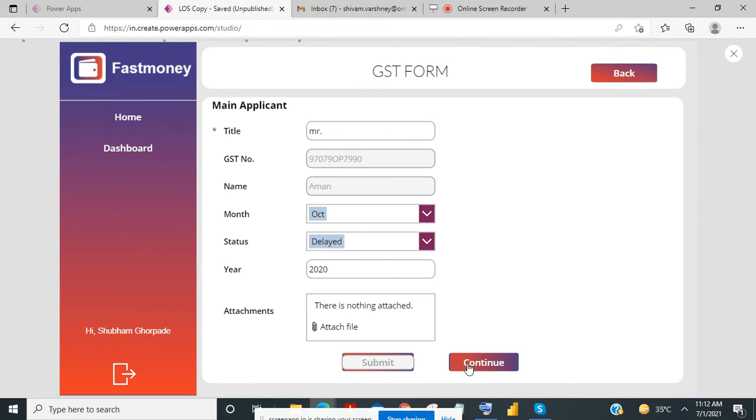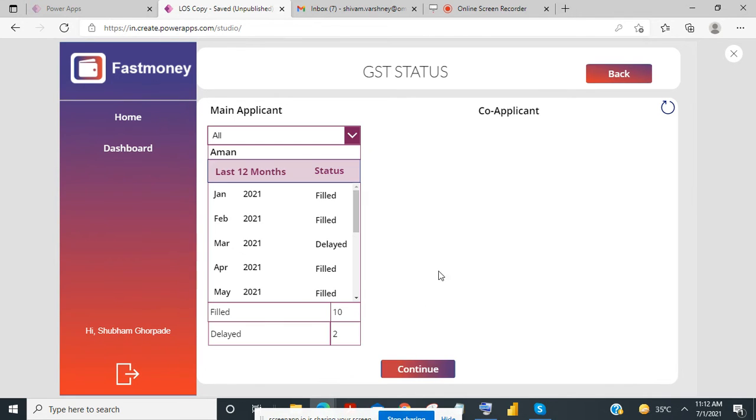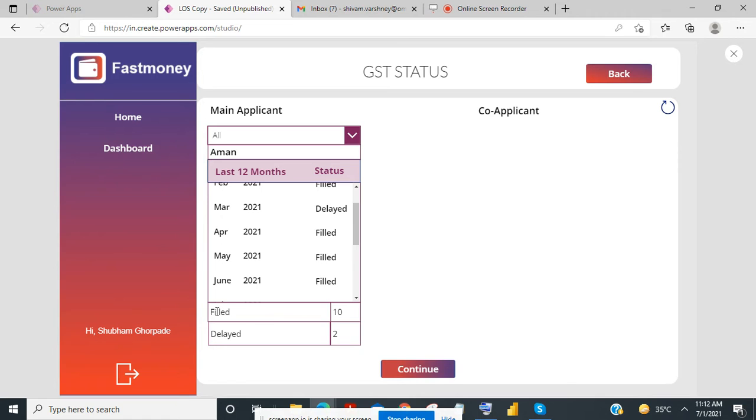And I have already filled in these details, so I will click on continue, and you can see I have given the last 12 months' status, in which 10 are filed on time and 2 are delayed.